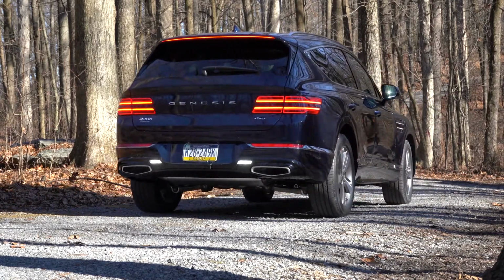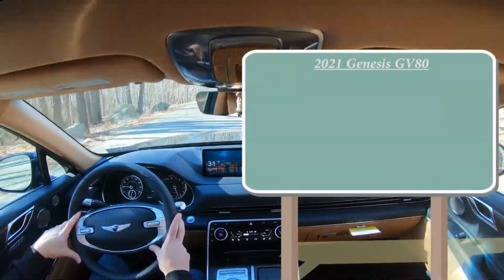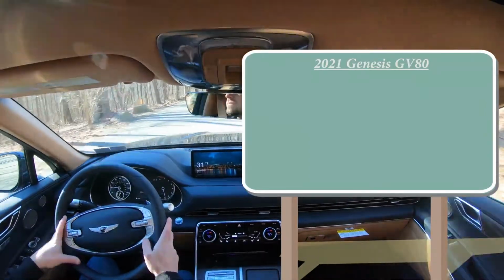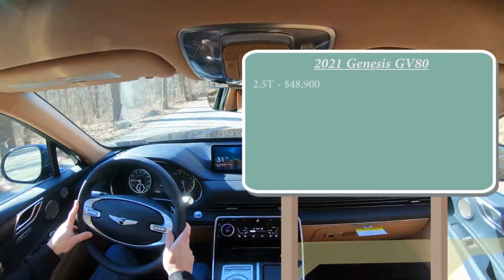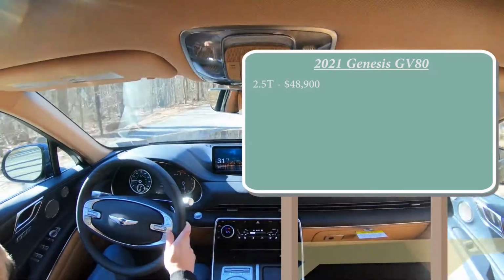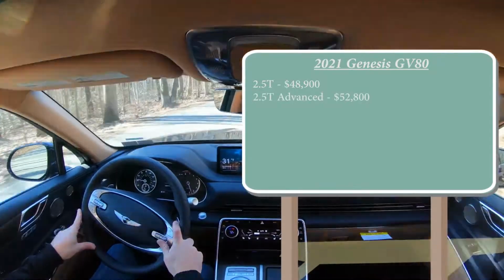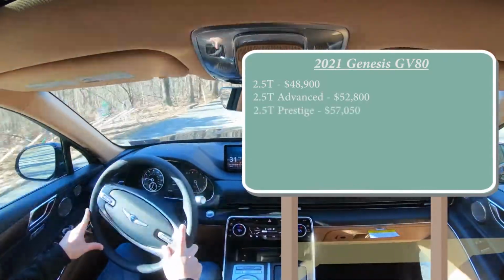And as always, let's start with pricing. And so as you can imagine, there are several different trim levels for the 2021 GV80. First one being the 2.5T, starting at $48,900. 2.5T Advanced, which actually is the one we have today, starting at $52,800. 2.5T Prestige for $57,050. Then you have the 3.5T for